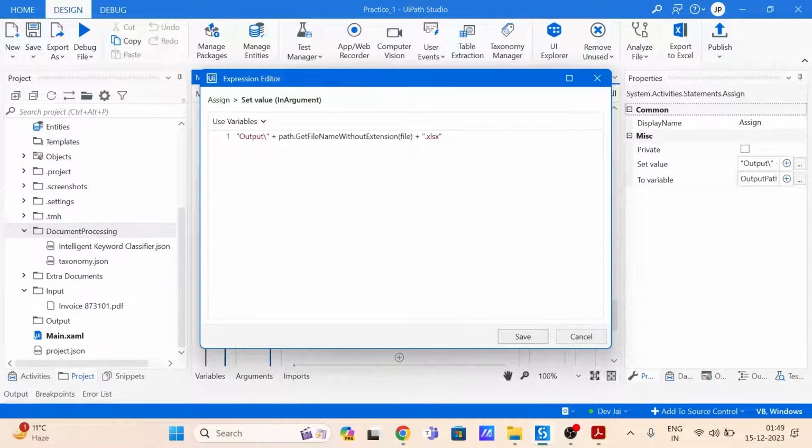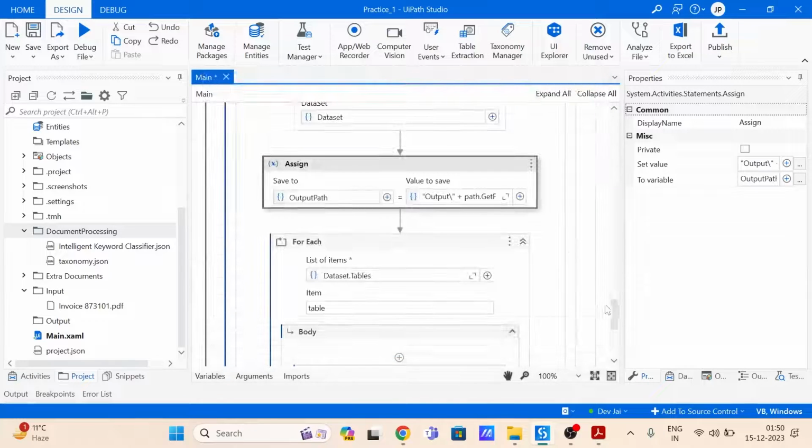This is a method of the Path class, and the file is this file only in the loop, then .xlsx. This will get the file name without extension. So this part of the output will be only this file name, 873101, and then I'm adding an xlsx and storing it into the output folder. So this is it. Clicking on save,